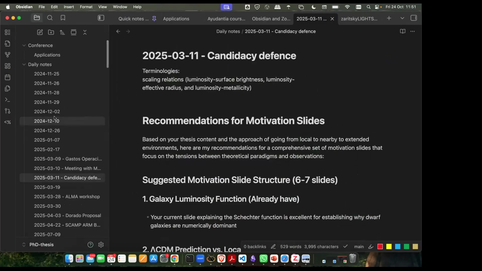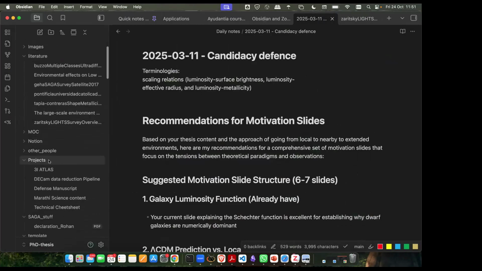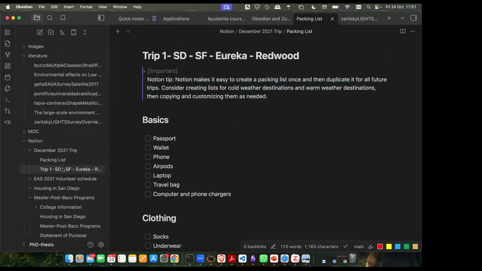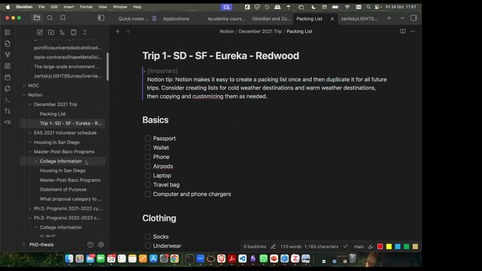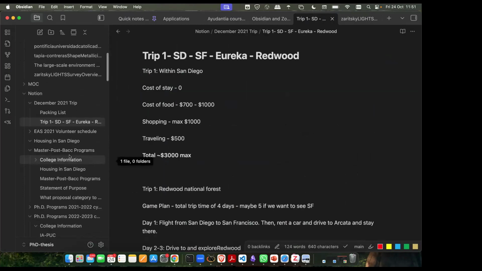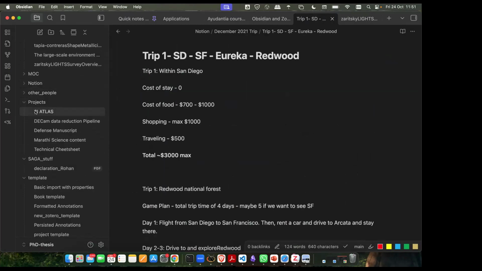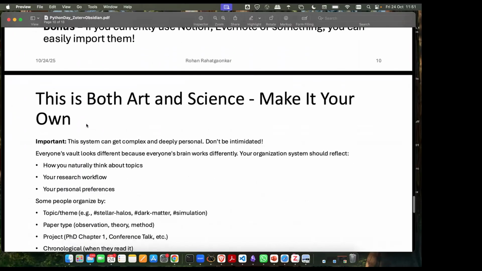If you want to migrate all that I'm putting in, and they're all automatic. So